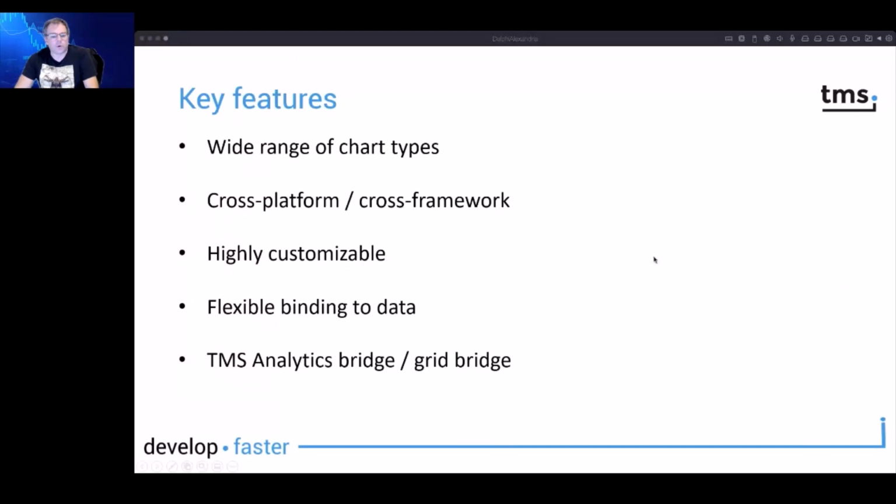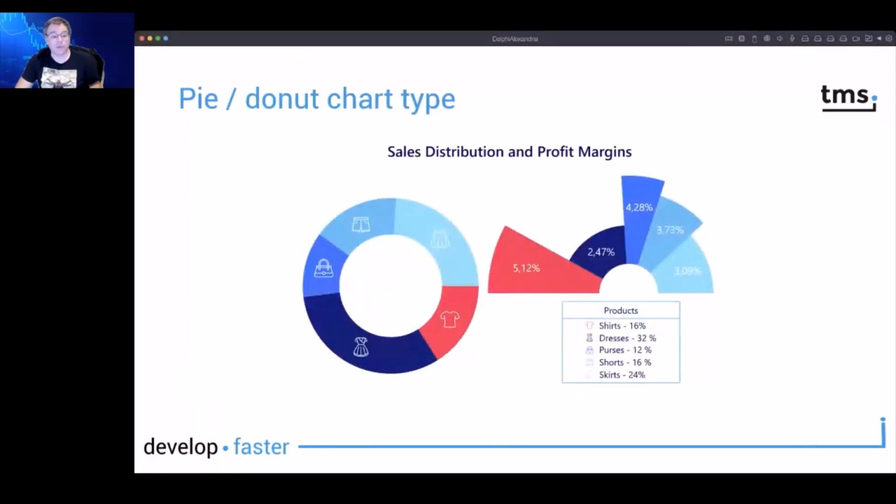So first of all, let's look at a couple of types of charts that are in here. We have pie and donut chart types, which are here. You see the customization options using emojis or glyphs for the different categories. And here you not only have a pie chart, which is one of the biggest criticisms of pie charts, because if you look at the left, it's very difficult to see if, for example, the pants are bigger or just as big as the t-shirts. It's hard to see. And for that, you also have the different pie chart, which is